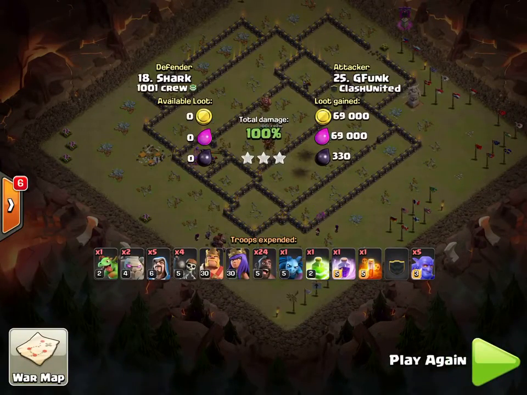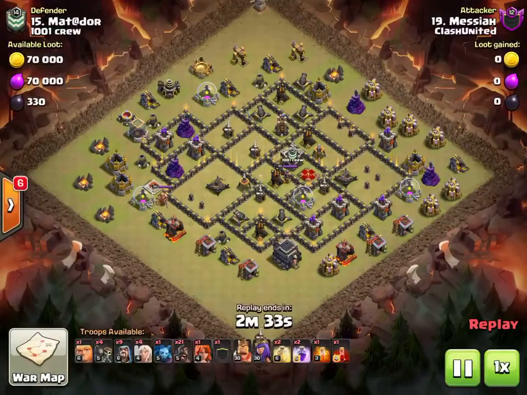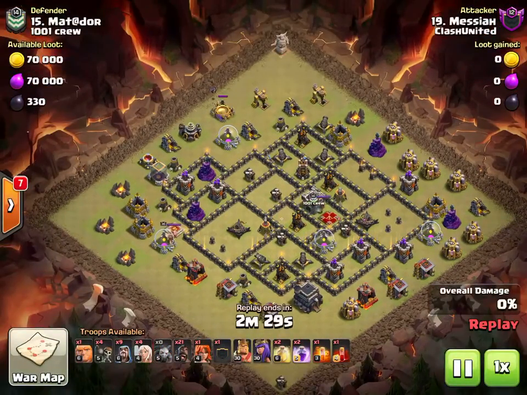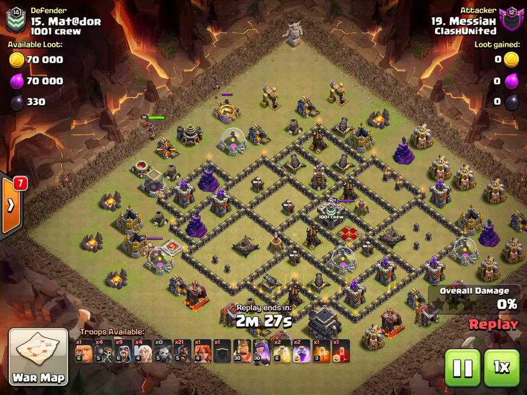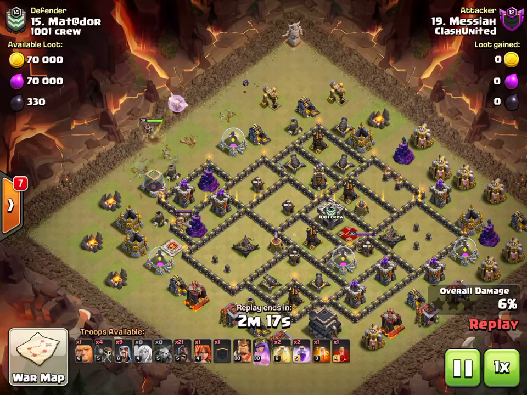So good job, G-Funk. And we'll move up to Messiah. He's using an Archer Queen Walk Hog, and he does a great job with this. Uses the minion up top, starts cutting the funnel. He wants to walk and take the wizard tower and archer tower down, and he wants her to walk towards 12 o'clock. The king is on that 9 o'clock side, and he's going to use a kiwi here in just a second to not only cut that 9